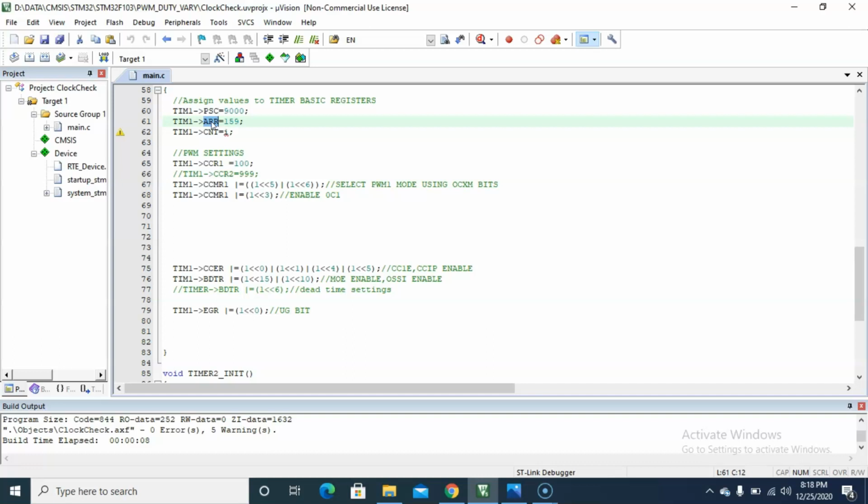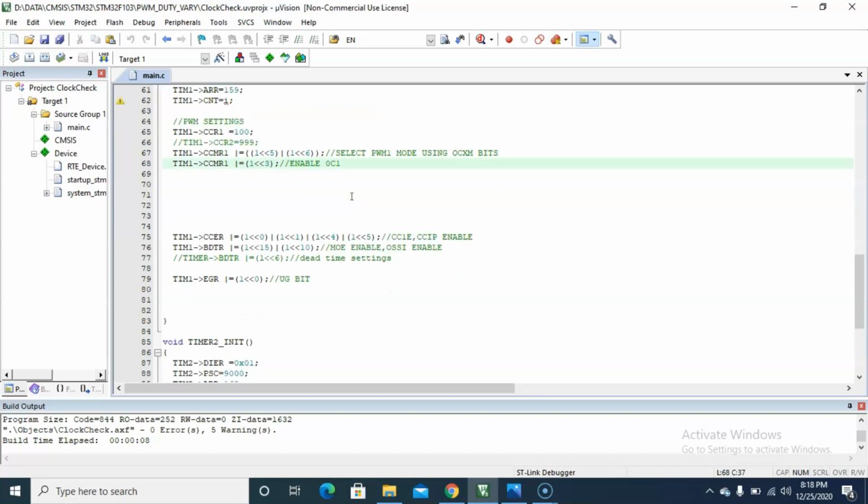We can adjust the period by it. And after that, we need to enable the 5th, 6th and 3rd bit of the CCMR1 register. And we need to set CC1 enable, CC1P enable of the CCER register, and there are some more settings in the BDTR register. You have to set the 15th and 10th bits, that are MOE enable and OSSI enable.